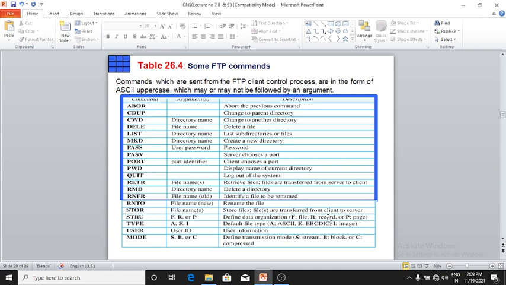CWD with a directory name changes to another directory. DELE with a file name deletes a file. LIST with a directory name lists subdirectories or files. Next command is MKD with a directory name, which creates a new directory.